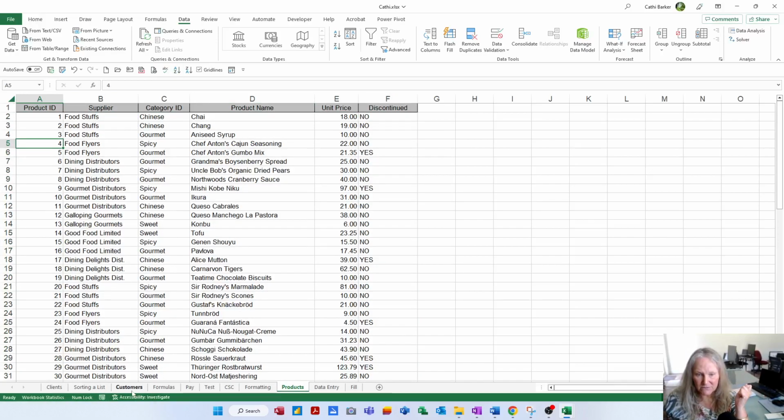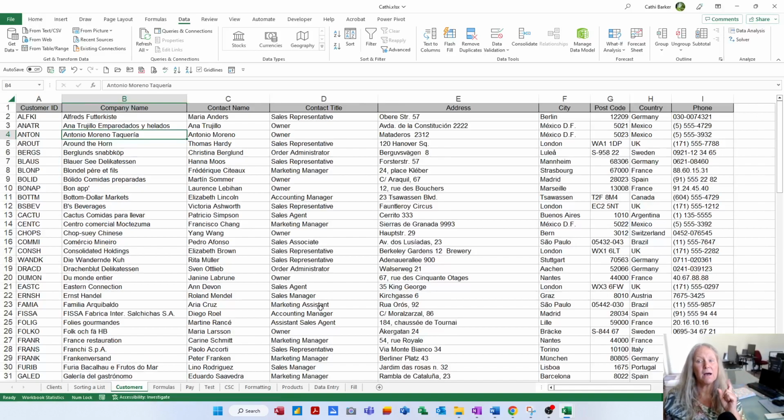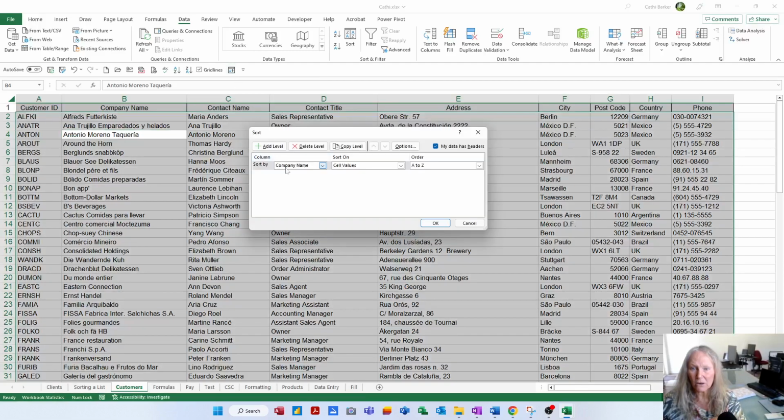Let's take customers, for example. If I went to customers, I might say I want to sort by country first, then by city, then by company. So I hit my sort button that I've added to my Quick Access Toolbar. I'll say sort by country first, add a level, then by city, add a level, and then by company name,